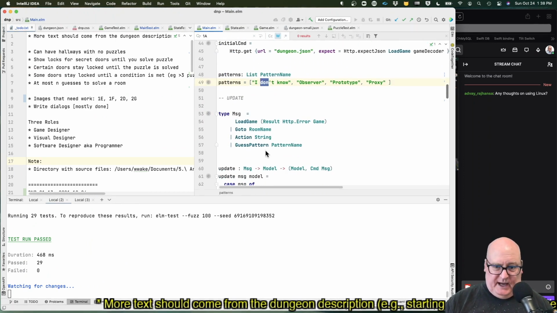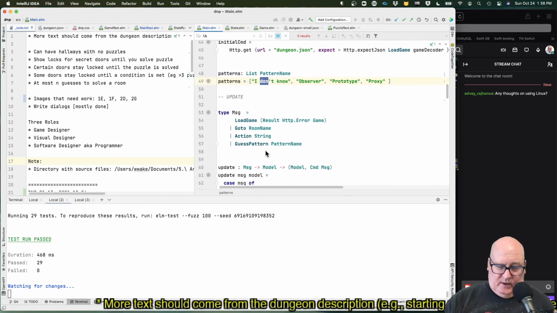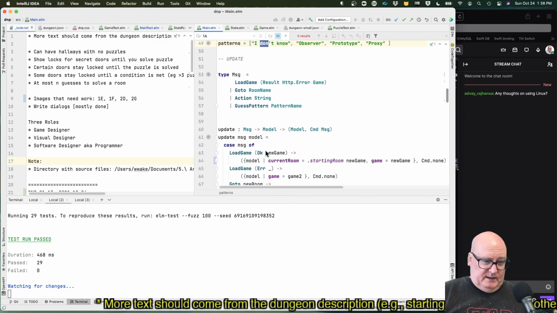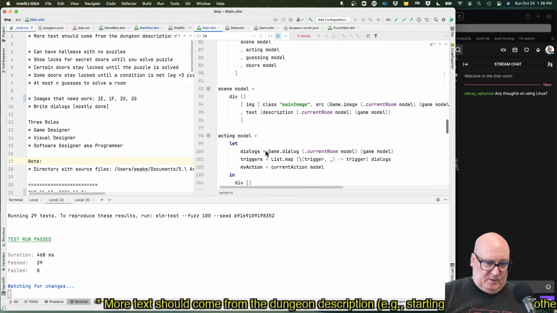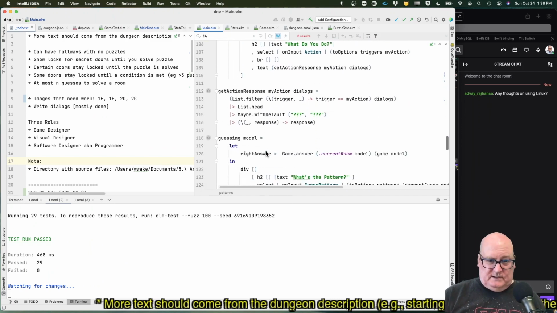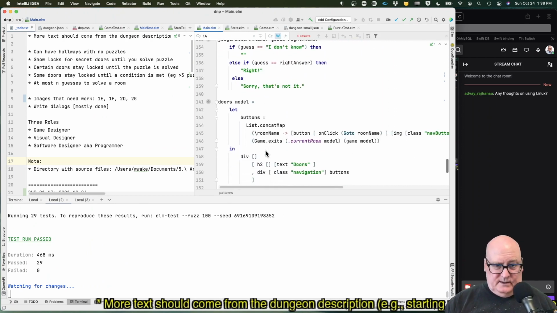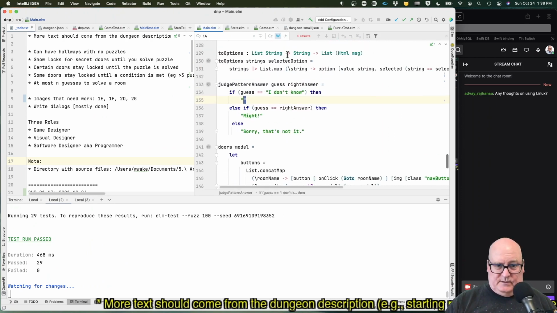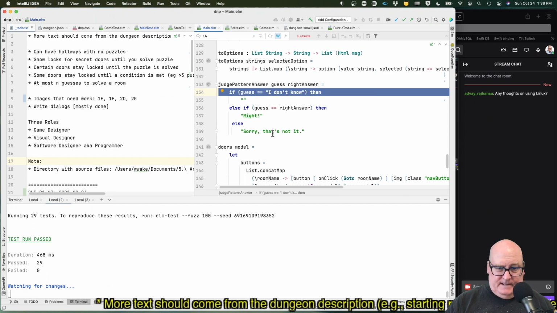We got to get these pattern names in there somehow. What else looks? That's a header. Oh, we got some answer kind of stuff.